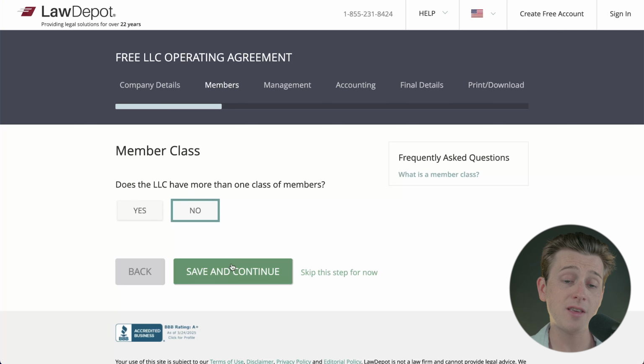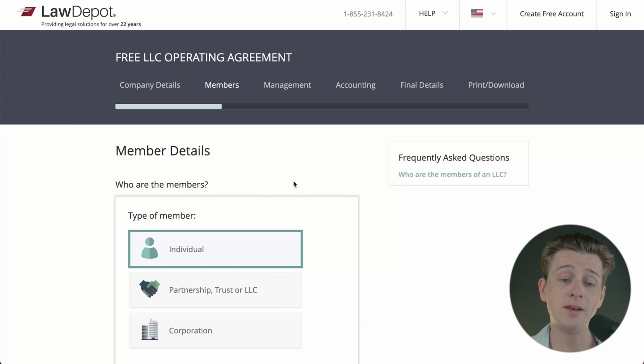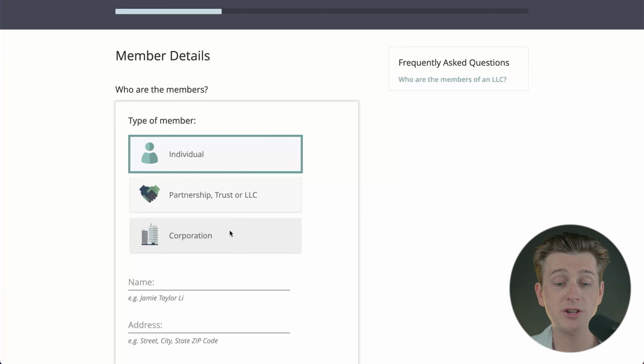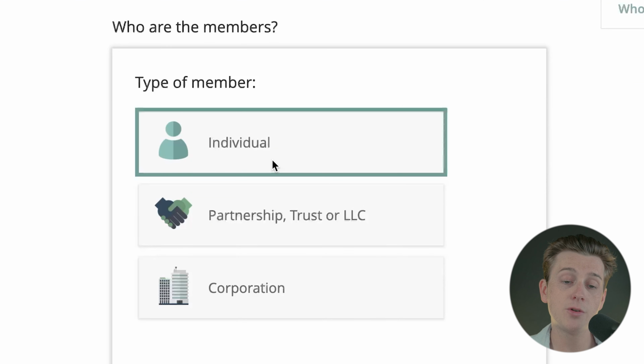Once you have this filled out, you'll hit the save and continue button, and then we'll move on to the next part, which is who are those members? Are they individuals? Are they partnerships? Are they corporations? Most of you are going to say that they're individuals here, unless you actually have a backing company, a partnership, or a trust that's actually funding your operations, but most of you are probably just going to